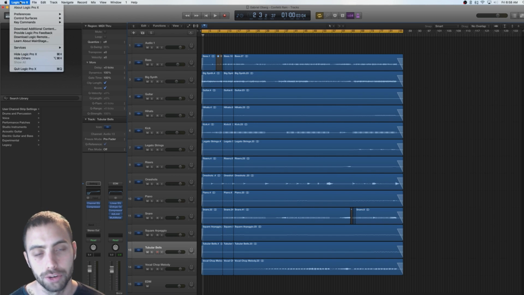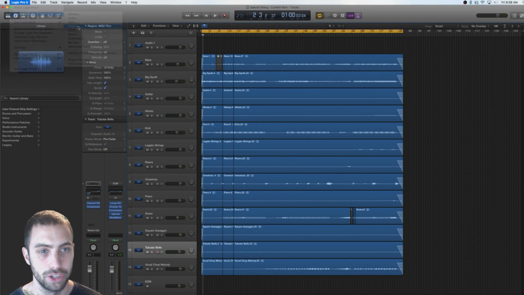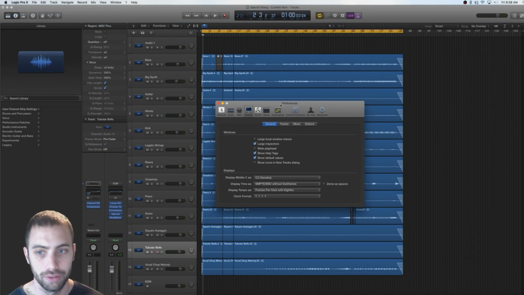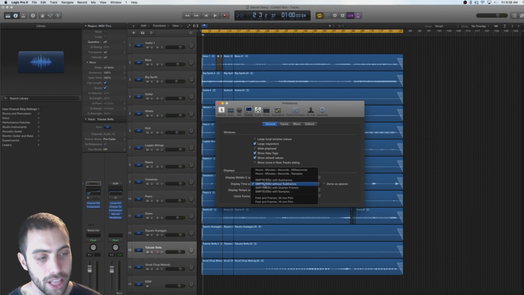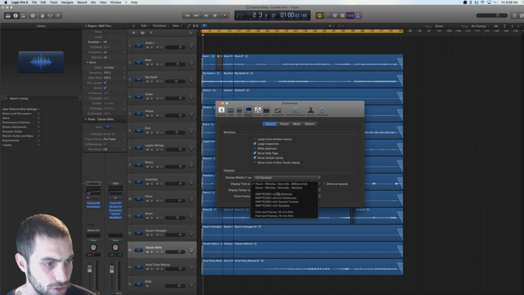So step one is we're going to go to our Logic Pro 10 preferences. You just go up here to the drop-down menu, go to preferences, scroll down to display right here. Even if you go to general or whatever, you can still get to it. But if you want to go directly to this panel, you just go to display. This little preference pane will pop up. And right here, display time as, this is where it's probably defaulted to milliseconds for you, or maybe samples. I bet it's milliseconds. What you need to do is drop this down from hours, minutes, seconds, milliseconds to